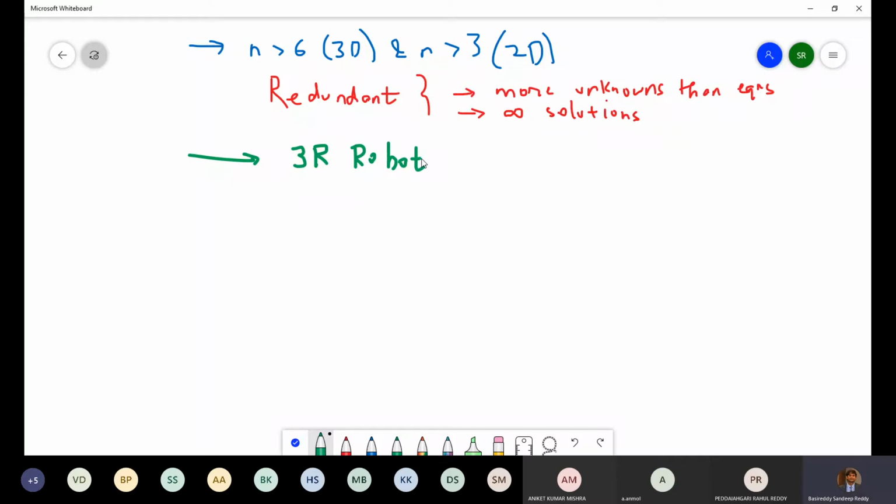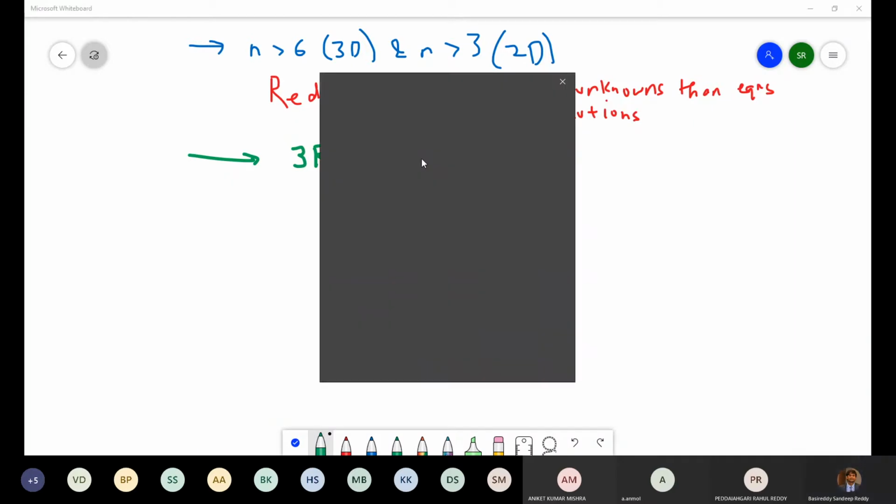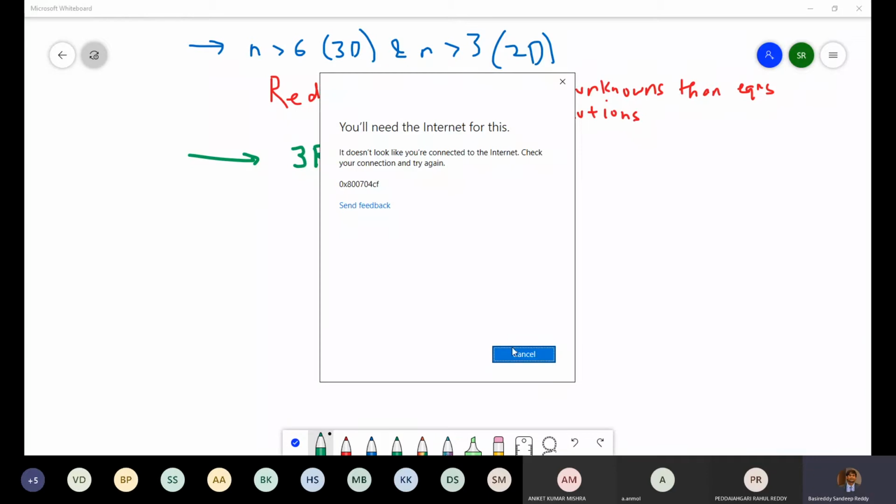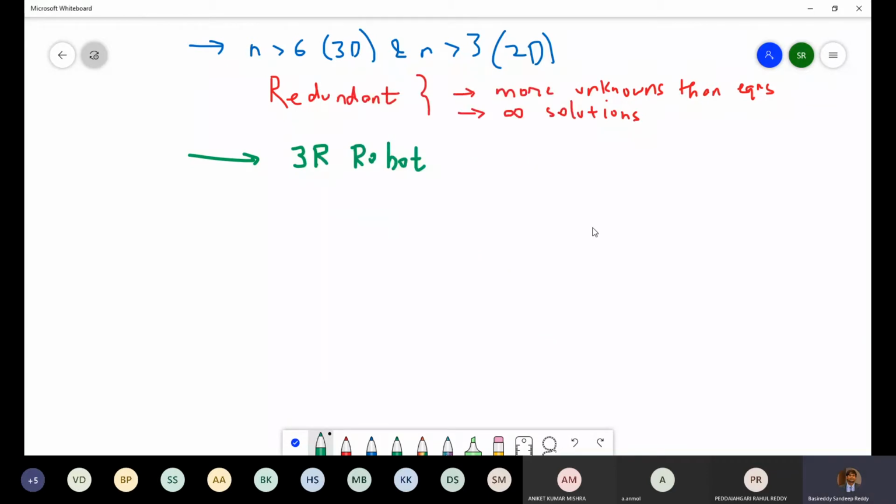When we studied the inverse kinematics of this, what we did was we took x, y and phi to denote the position and orientation. If you remember, we calculated theta 1, theta 2 and theta 3. We got some expressions for theta 1, theta 2 and theta 3, and we were able to define accordingly what was the workspace.